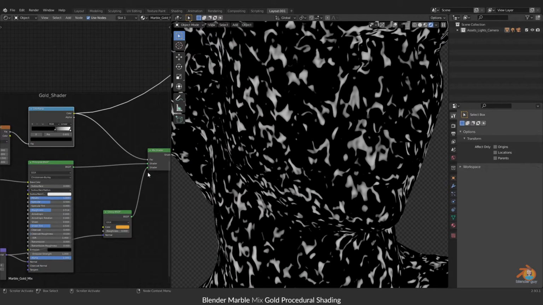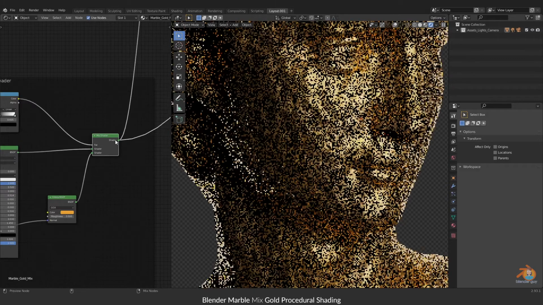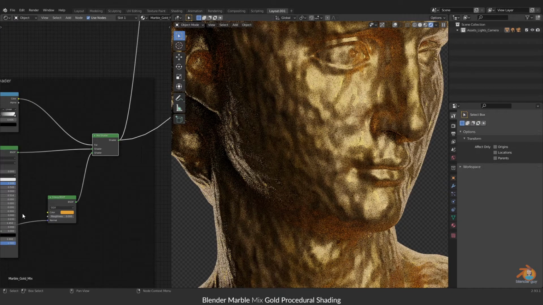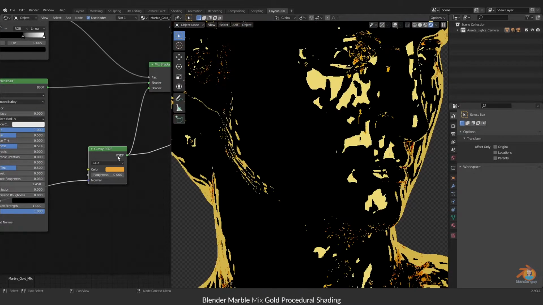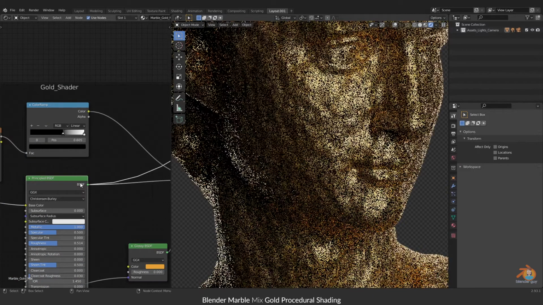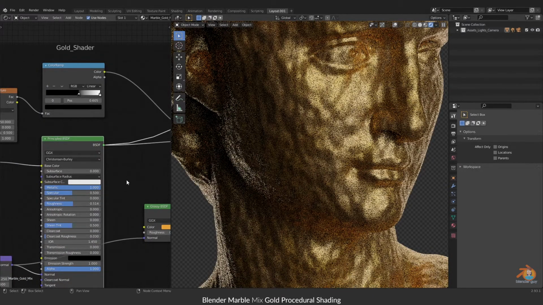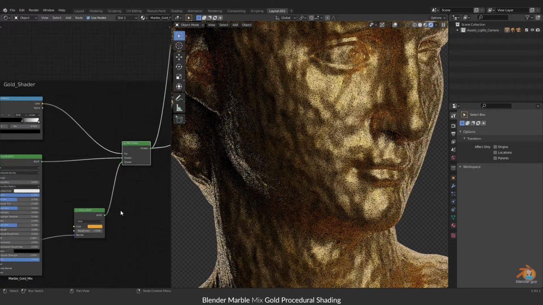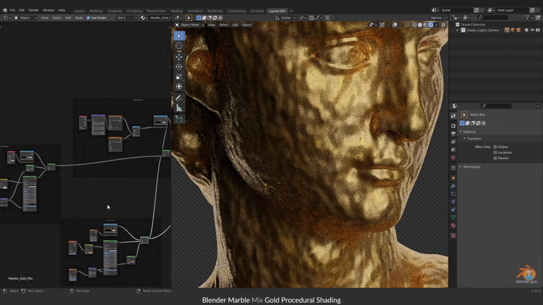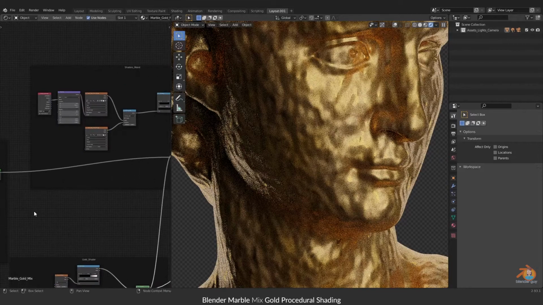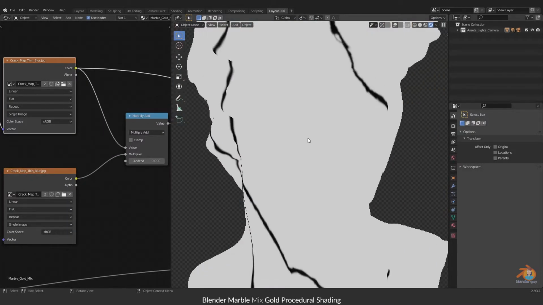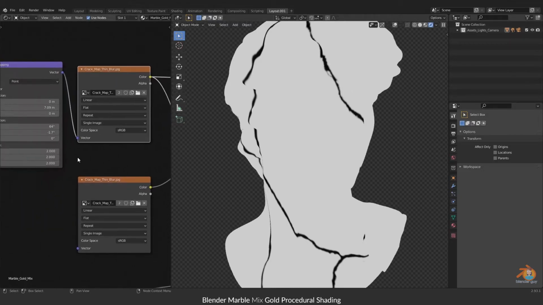You can see I'm mixing both again, just like a break. This will be zero roughness, and this will be more like metallic. I'm mixing both to create some variation. And now my gold shader is ready and my marble shader is ready. I want to blend them. As I've shown you previously, I have created one hand crack map. You can do it based upon your model.